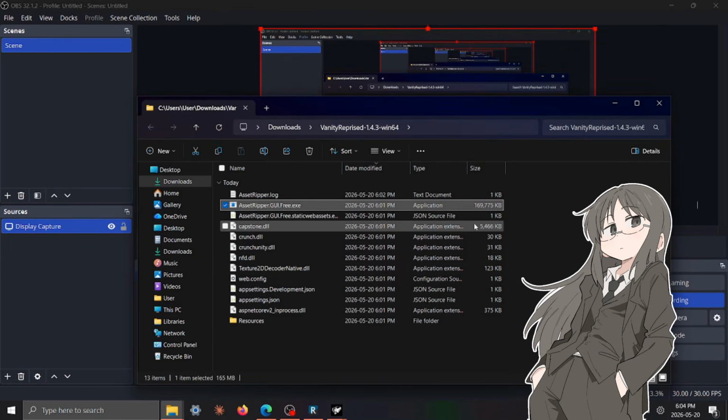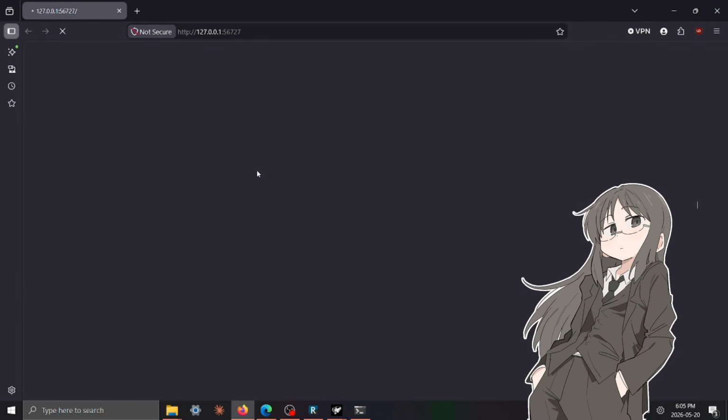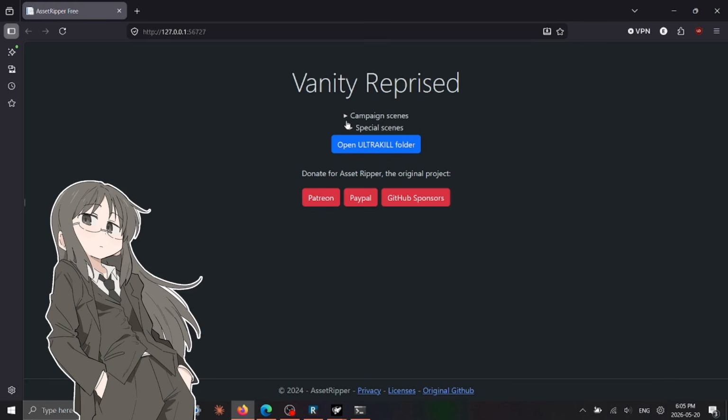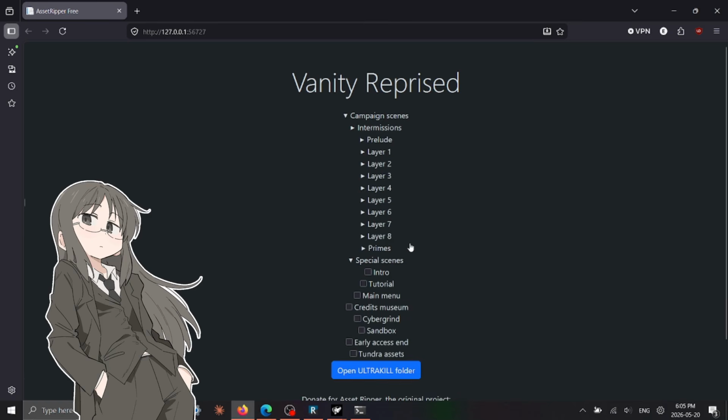Then you're going to go to your open folder, click assetripper.gui.free.exe. It should launch. This can take some time if it's the first launch. You can select the scenes that you care about. I'm not going to do any right now because it will take a lot more time and more processing power,